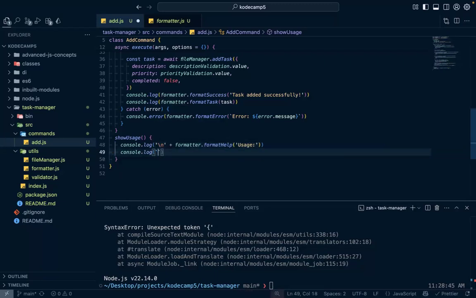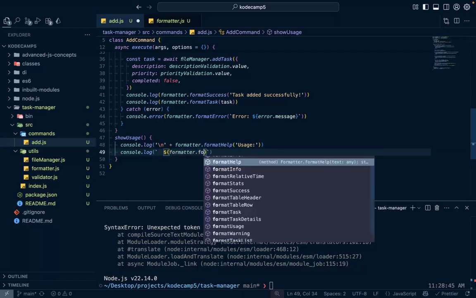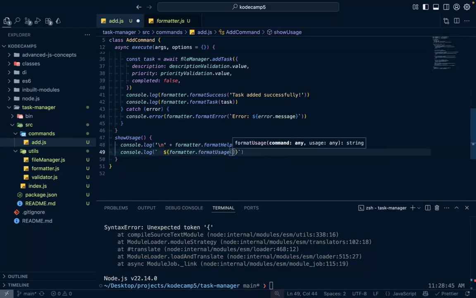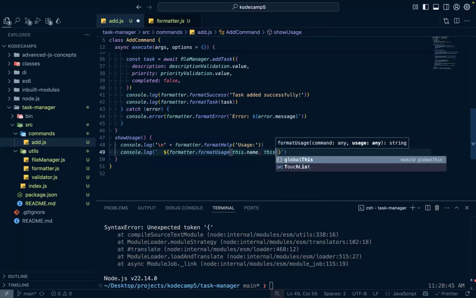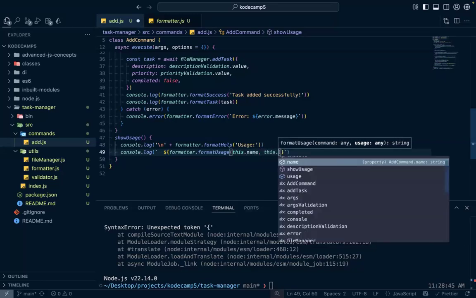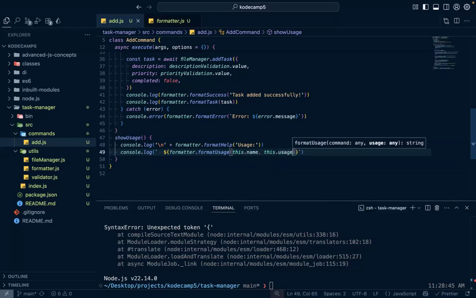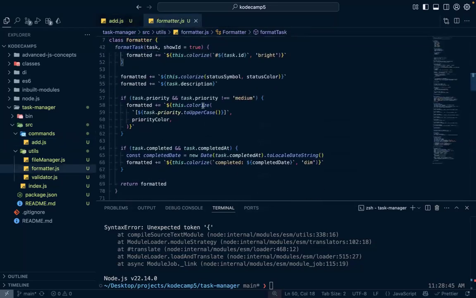Let's add template strings and add like 2 spaces. Prettier, I said you shouldn't do this. Okay, 2 spaces, and then we'll interpolate this. We'll say format usage, and the usage will pass this name, and we'll pass this usage like this. So if you take a look at the format usage method here,